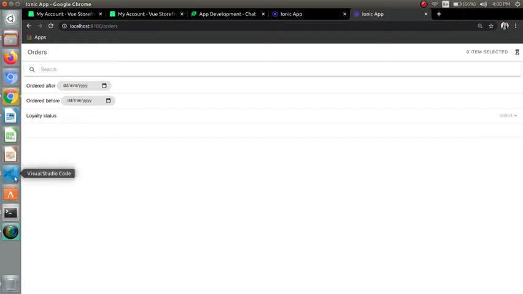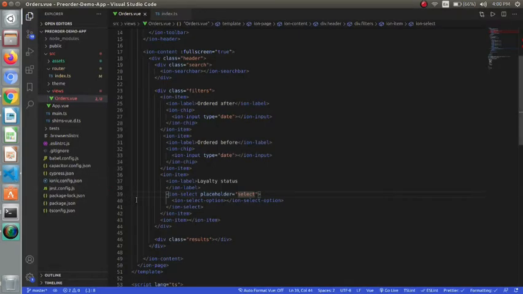It is looking like this because I haven't used this select inside the chip, so I will put them first inside the chip.